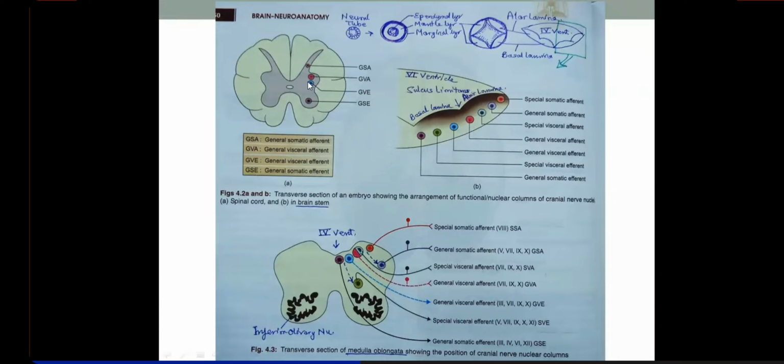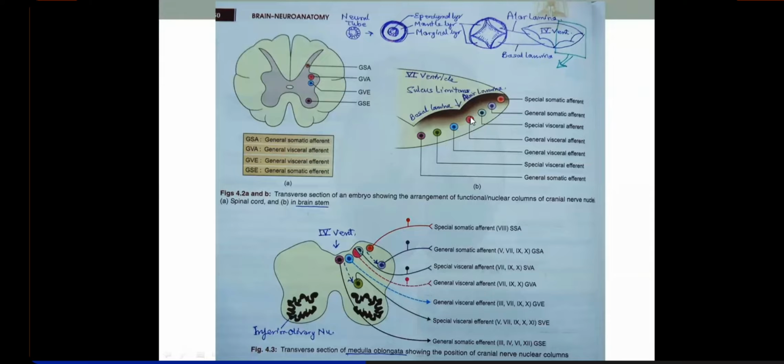Then the medial mode. In between this arc, there was another functional column for autonomic impulses, and this was general visceral afferent, which was making an arc with the general visceral efferents. So they will be placed in approximation on either side of the sulcus limitans. Remember this, right? The color coding is the same as in this diagram. So this functional column will be placed on either side of the sulcus limitans.